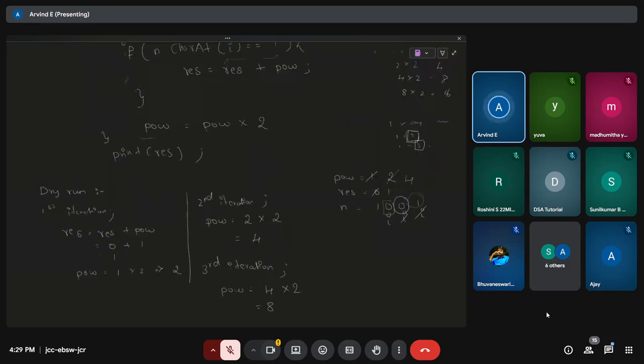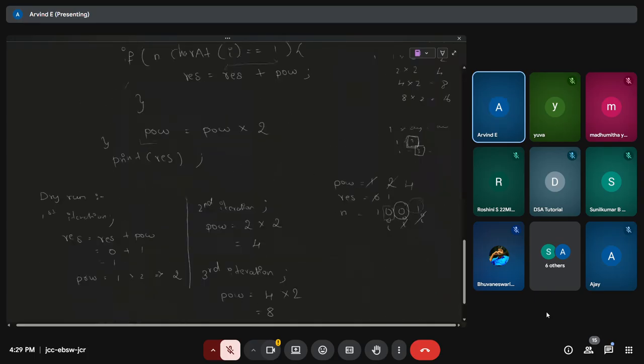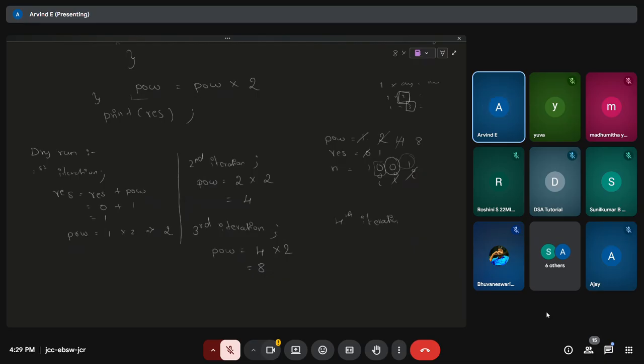That is what we needed for our next iteration. Power. Okay, we got this one. Moving to our fourth iteration, just update your power as 8. Moving to our fourth iteration, I minus minus will happen at first. So I will be moving here and you have to check the if condition whether the current character at I